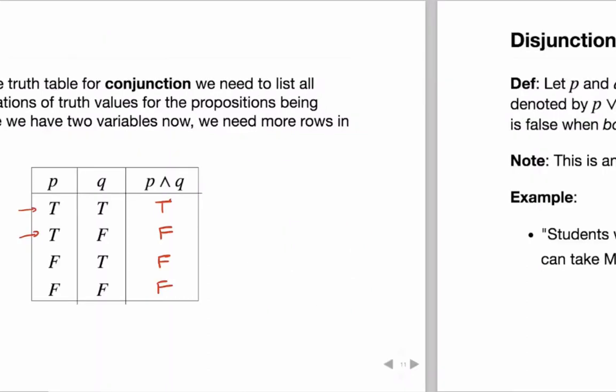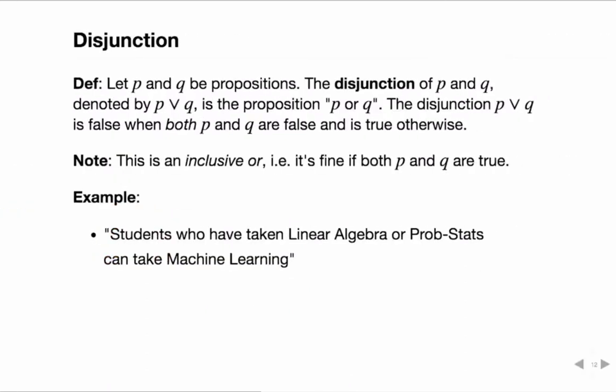Okay, so slightly different from a conjunction is something called a disjunction. So let P and Q be propositions. The disjunction of P and Q, which is denoted by P ∨ Q, is the proposition that represents P or Q. So the disjunction P or Q is false only when both P and Q are false,